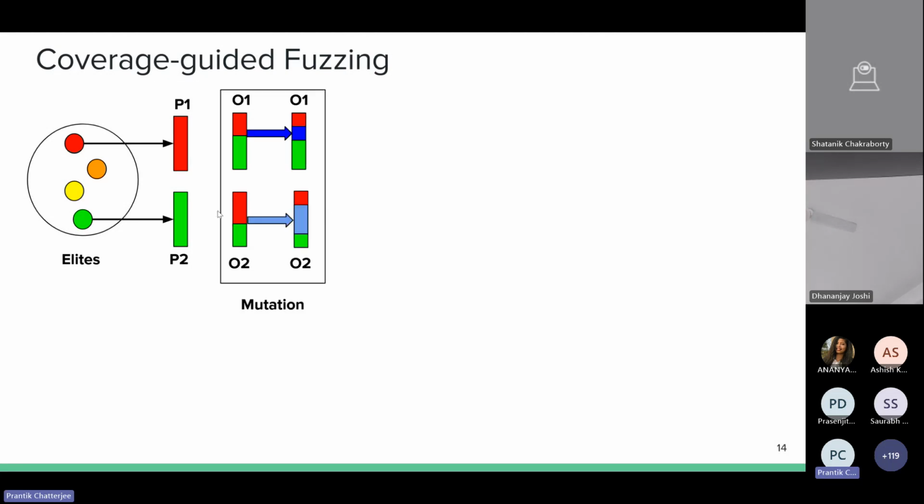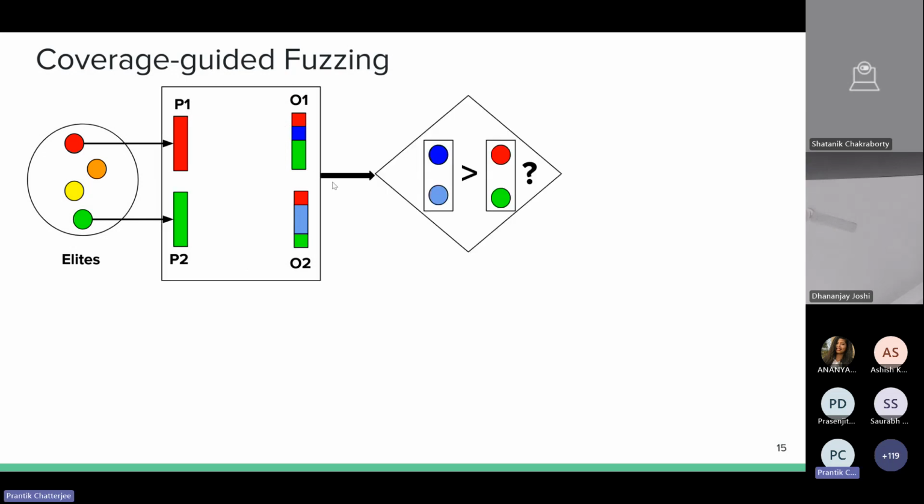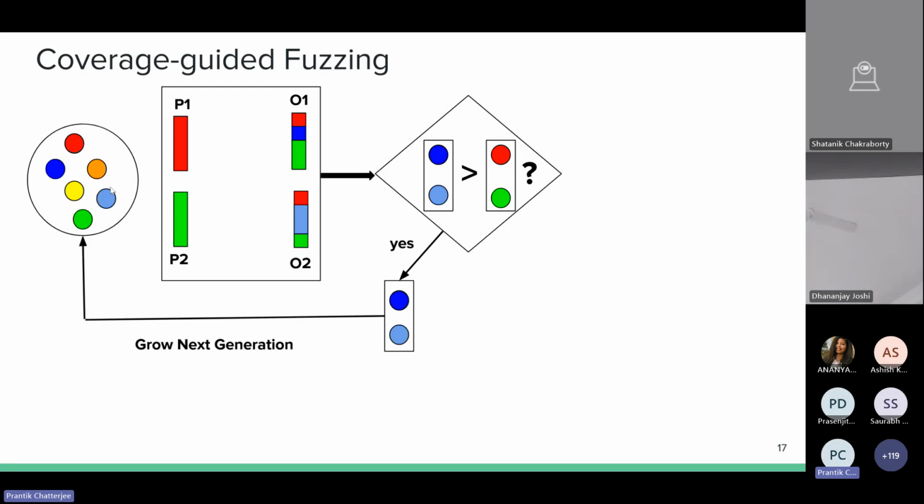Once this crossover operation is done, you can have a mutation operation. From these two children, O1 and O2, you can mutate a few of these test cases, or you can even choose to forego the mutation operations. But anyway, once you have these two children test suites, O1 and O2, you want to check whether these children are better than the parents or not. If the children are better than the parents, then they are fed back into the initial population. If the children are not better, then the parents are merged back into the initial population. This process continues until you have exceeded a given time budget.